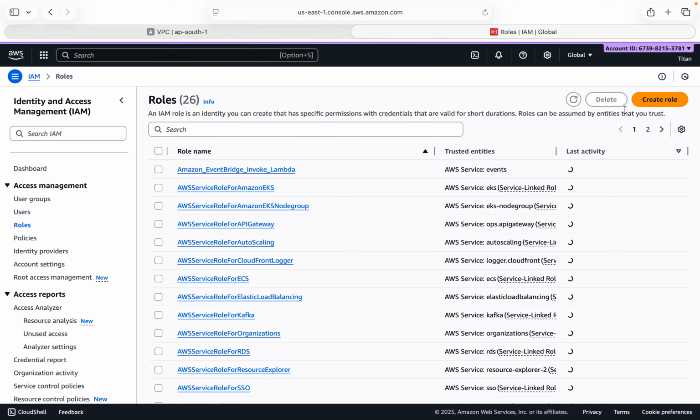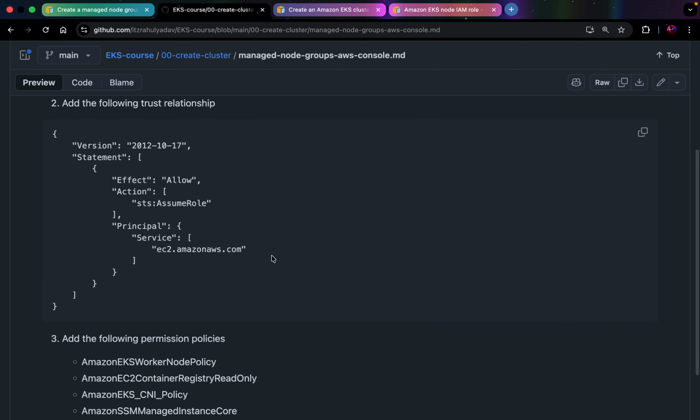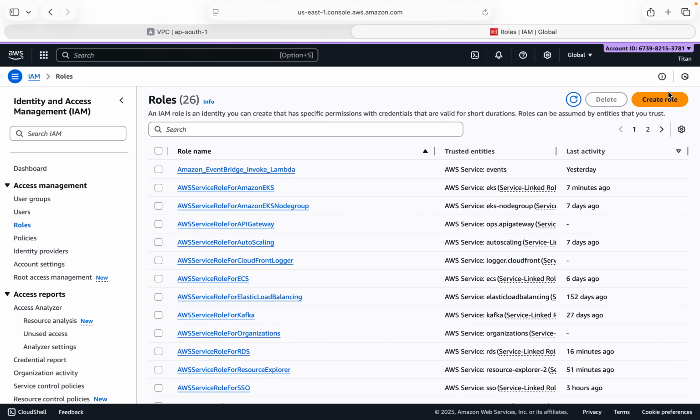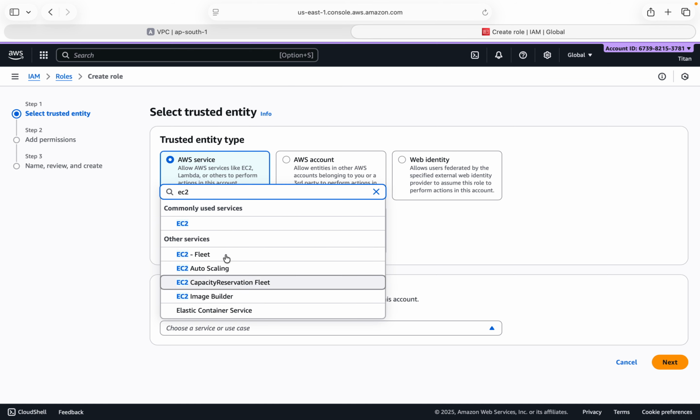Select roles. I'm not gonna follow it. Okay, it's just for you people. I already know what to do. So I'll just create it, and you people can just see it. Select EC2